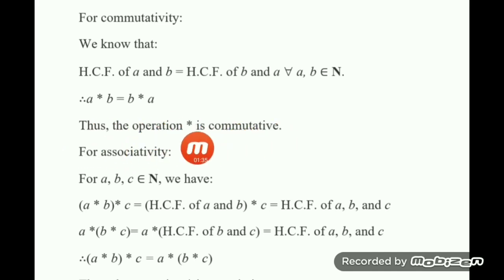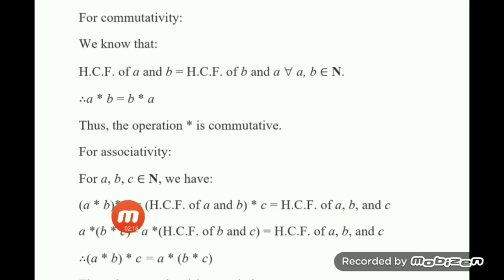Now for associativity, you have to take three elements. Here also it will be true because you know that wherever you put the values of a, b, c, the HCF of three numbers is always the same. Whenever you change the position of the elements, the result will not change. So I'm taking three elements in the natural numbers such that a star b star c. a star b means what? HCF of a and b by definition. Star c is there. This is one number. So suppose you think of it as d star c. d star c will be equal to what? HCF of d and c. And HCF of d means what? HCF of a, b. That is the HCF of a, b and c.